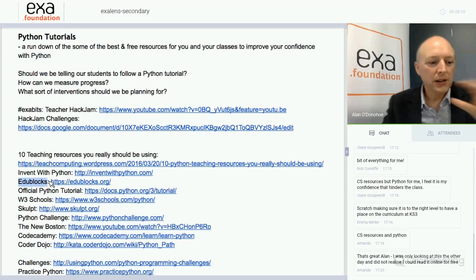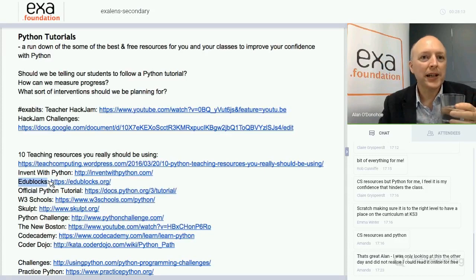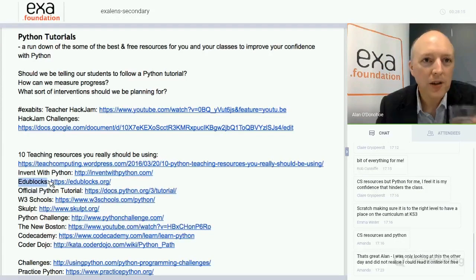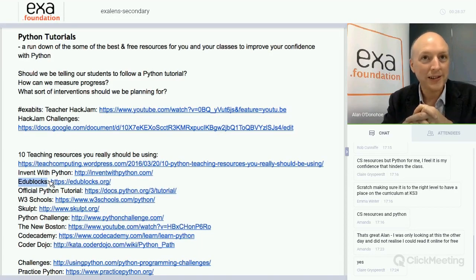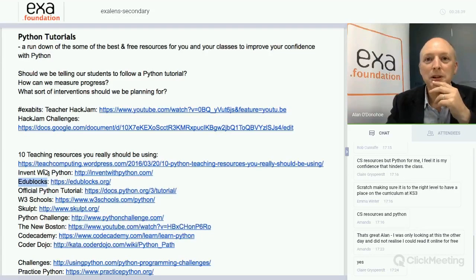EduBlocks. Now, it would be great if you had heard of EduBlocks. So you might know that in Preston, where I live, we've been running now for a few years, Preston Raspberry Jam. And not long after we started, in 2012, a young boy called Josh came along, and he was 8 years old, and he told us he wanted to learn how to program, and well, Josh has moved on now. He's now 14, and he has written and created his own programming language called EduBlocks, and I cannot recommend this highly enough.